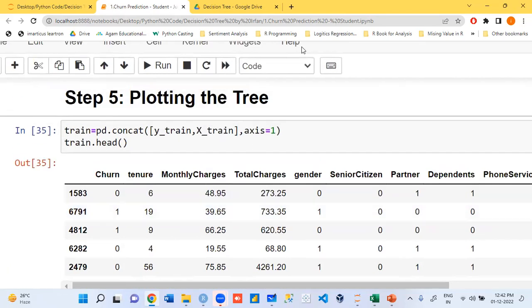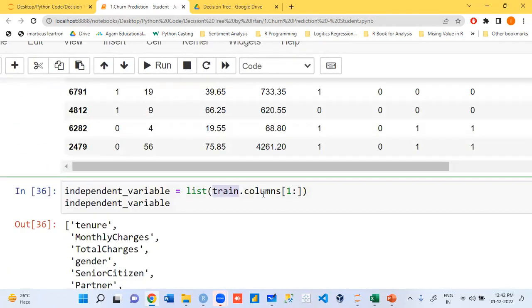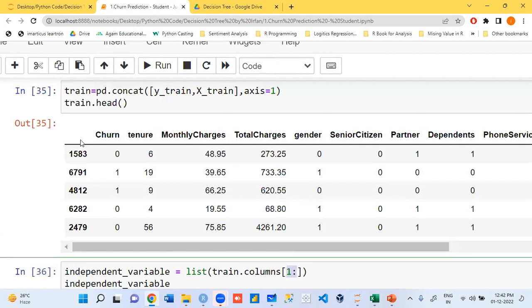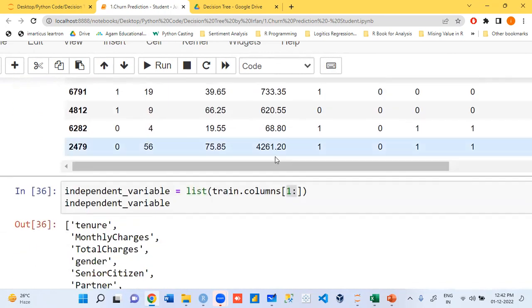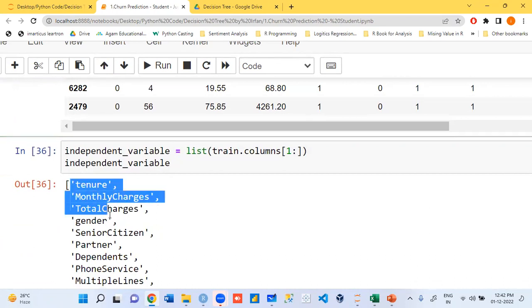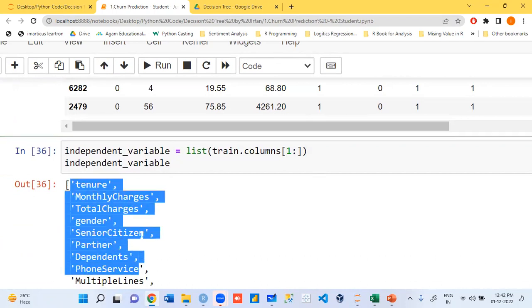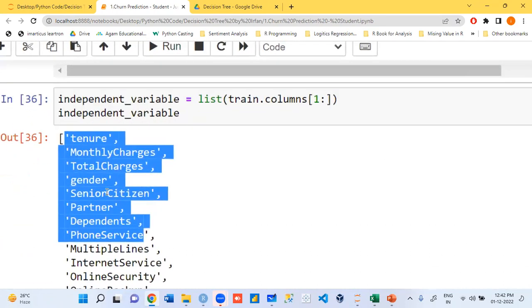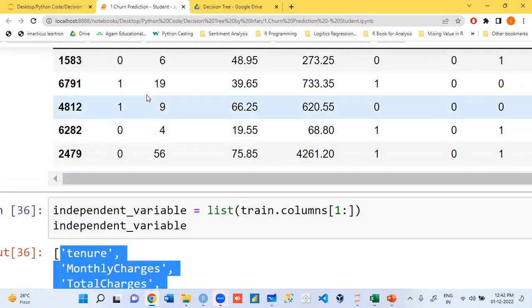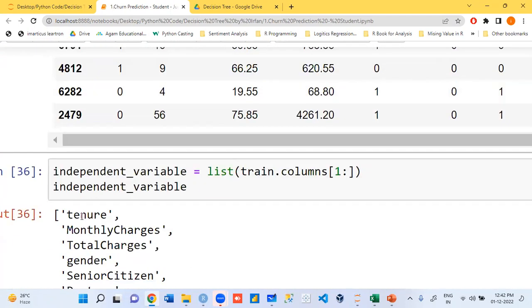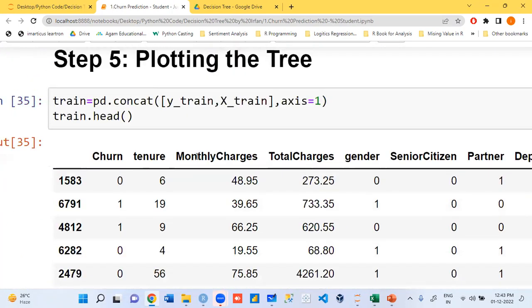Is it clear? Now from train data, give me all the column names, starting from the first column onwards. Index starts from 0. Churn becomes 0, tenure becomes 1. So starting from 1, give all the names. Do we have column names, guys? Yes or no? What is the column name here? Second column name.